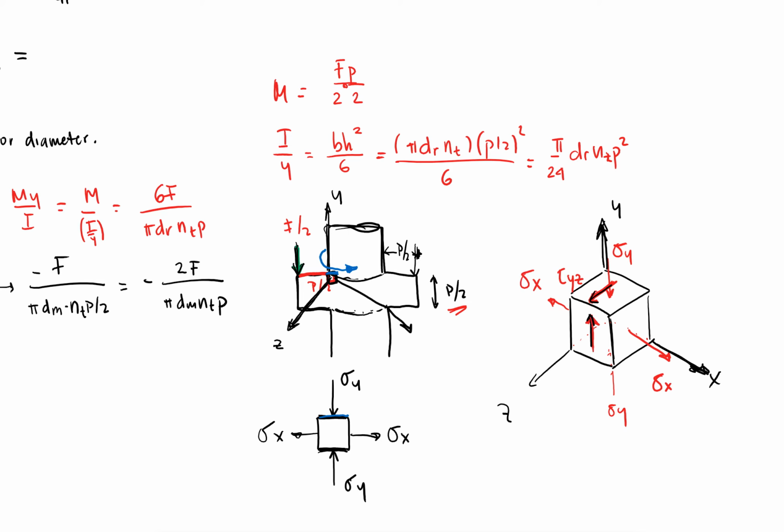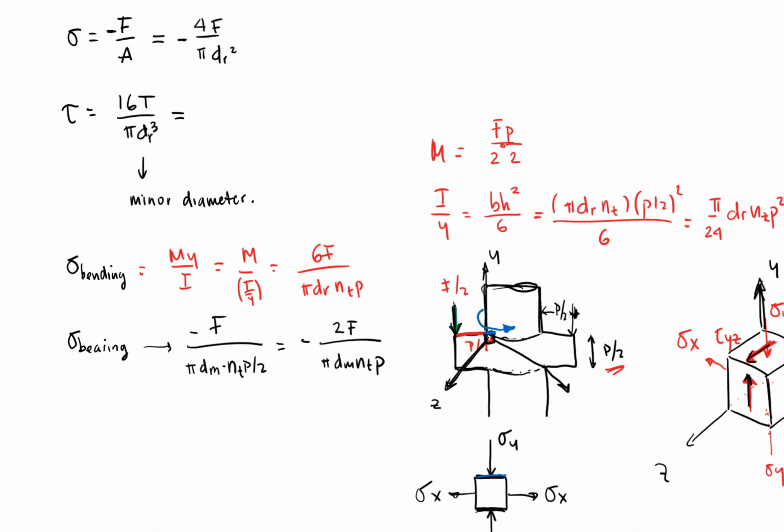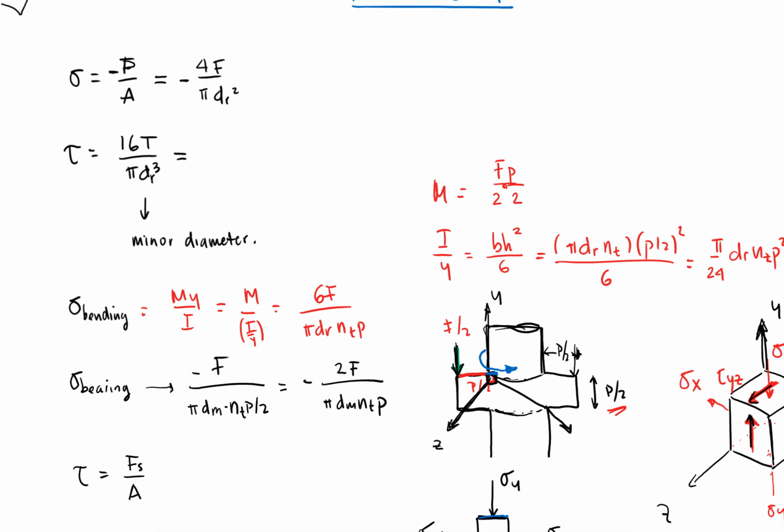And these two have to be the same, going up and coming in towards this location. And then from the most typical definition of shear, which would just be a force over area, but a shear force,